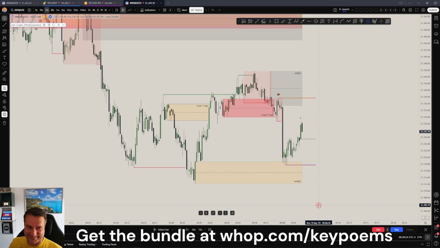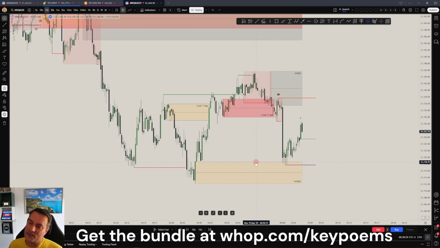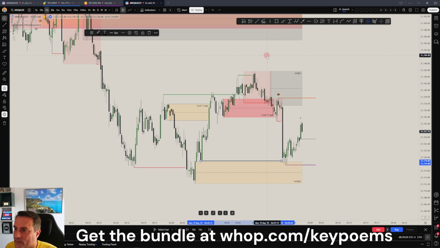Oh, wow, it looks like almost I know what I'm doing. Okay, so I draw it from here, but the actual swing is here. All right, let me see if I can do it better. Sorry. So look, this is the last swing, right? So I draw it from there, but it's actually from here. Just for ease of development. I don't remember why I did it that way. And there you go. So as you can see, we did come and we did a double top with a double bottom,